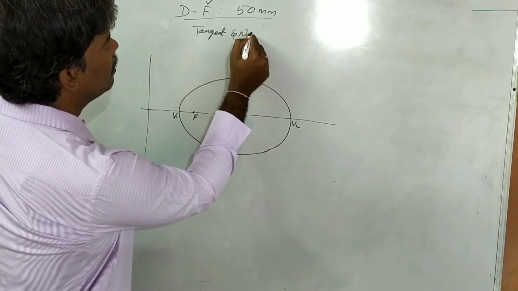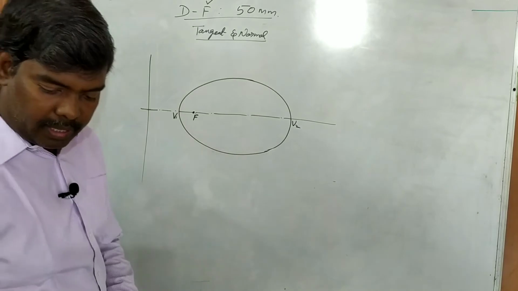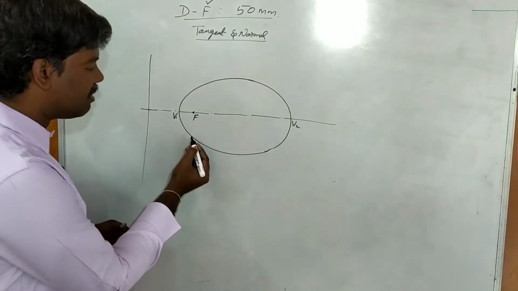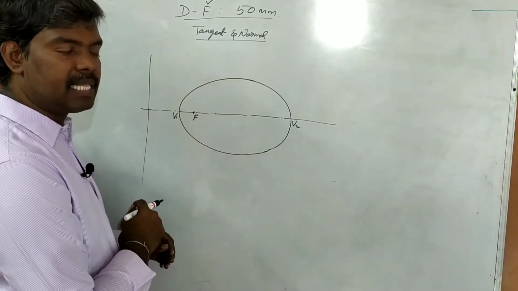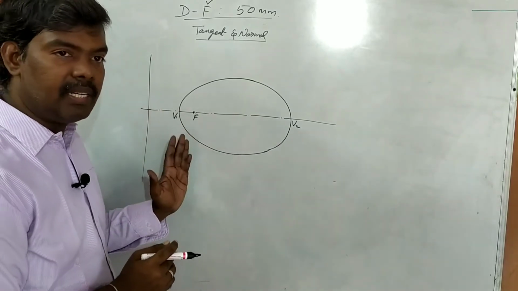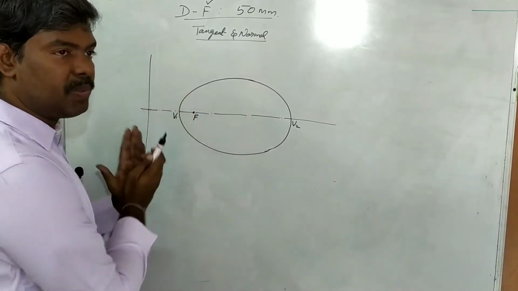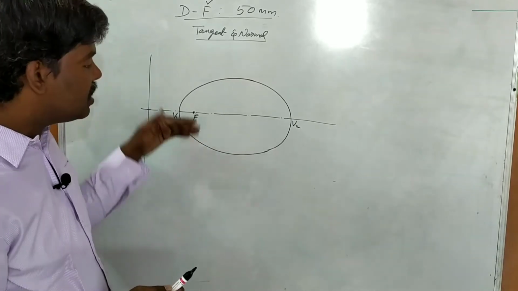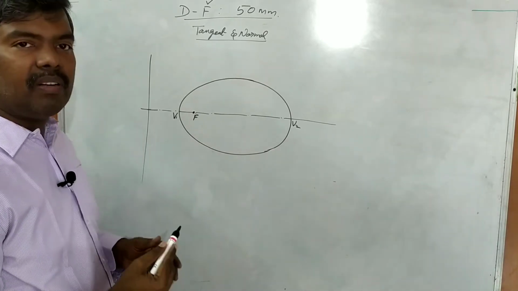Next thing, tangent and normal. How to draw? So tangent and normal, okay, in the problem they ask you to draw a tangent and normal at any point on the curve. Any point means your wish, you select anywhere one point. Let us consider point letter M. Or otherwise specifically they mention you draw tangent and normal at some x distance from the directrix. From here to here, the distance they specify. Or otherwise sometimes they give you draw tangent and normal at a distance from the axis, that is especially the major axis. So three different ways are there.